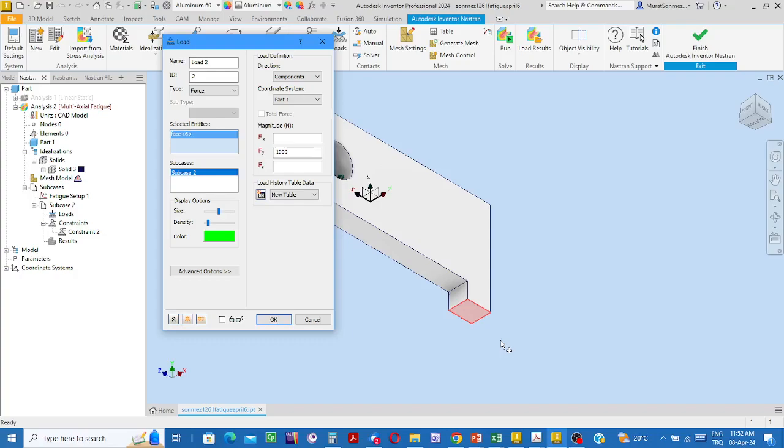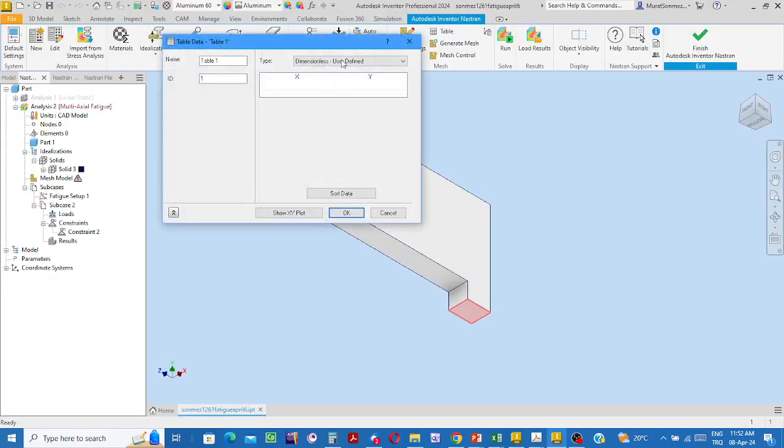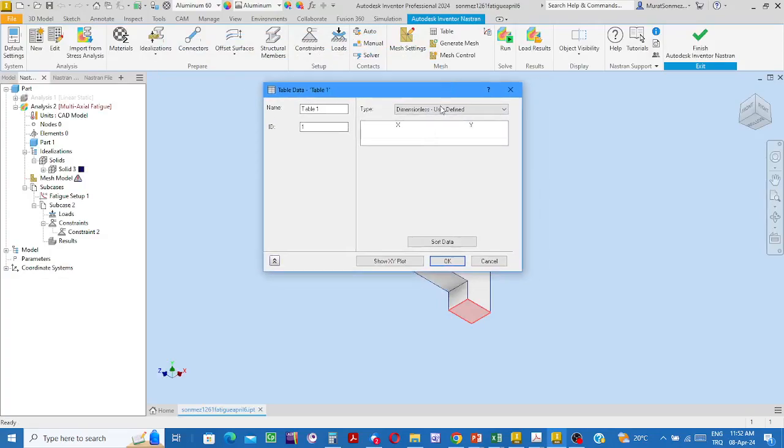To teach the software that the load is a dynamic load, click on this button, and then in this dialog box, teach the software that it is a dynamic load. We have two options: dimensionless user-defined, and load scale factor versus time. I selected dimensionless user-defined, and then bring the cursor to this row, double click, and then say X column